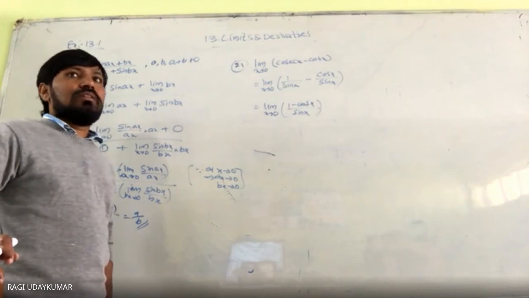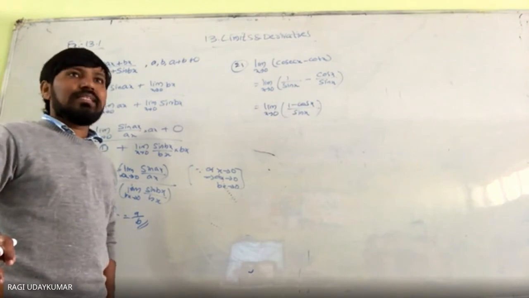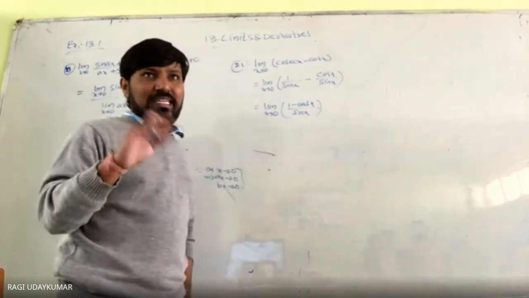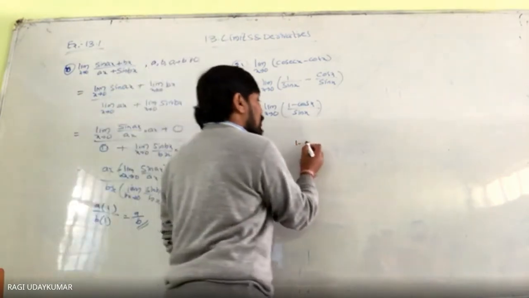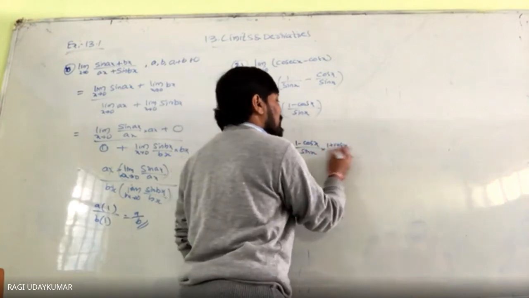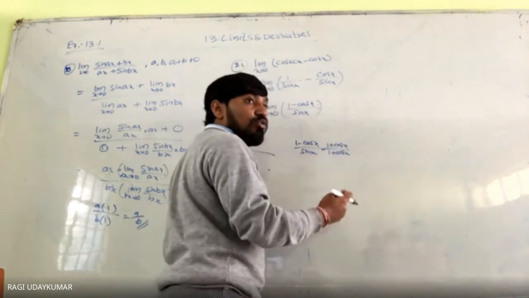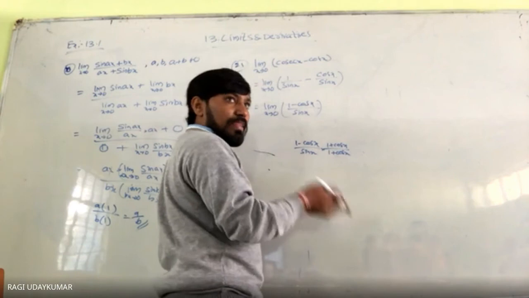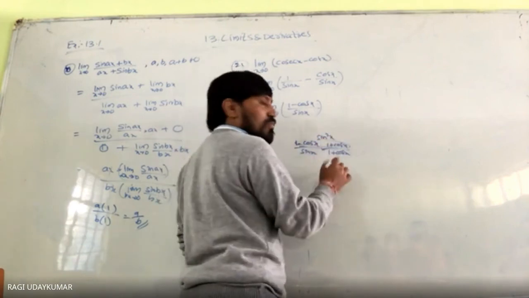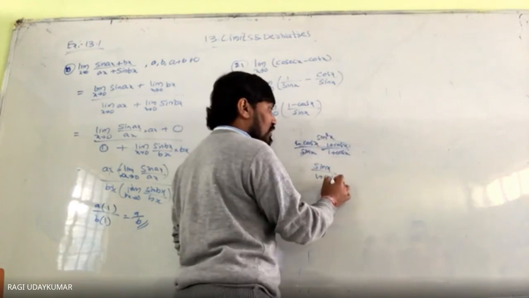Sin x, instead of that. First, we have already solved this one problem, 1 minus cos x by sin x. This is normal simplification of trigonometry in the 10th class. Whenever you come across a 1 minus cos x by sin x problem, you usually multiply by 1 plus cos x in the numerator and denominator. You need to keep this in mind. The result will be sin square x, this by this cancels, then sin x by 1 plus cos x.